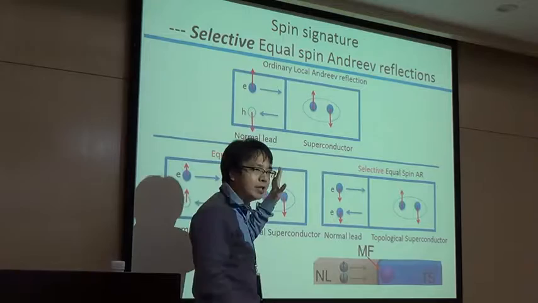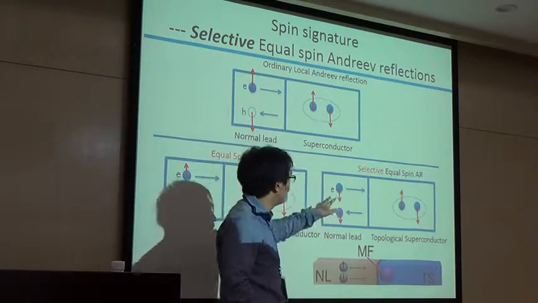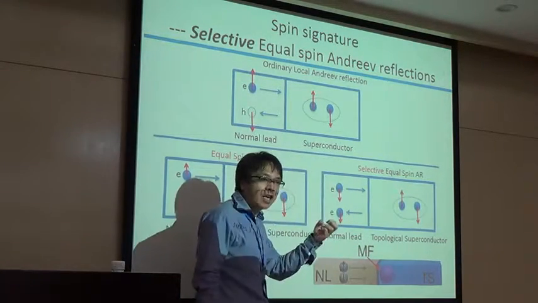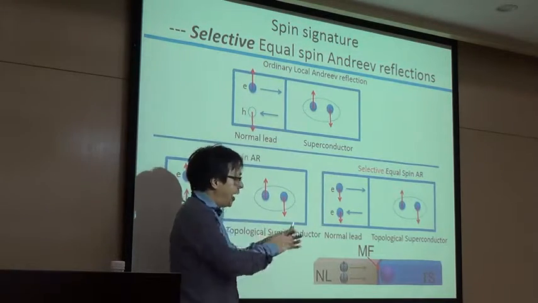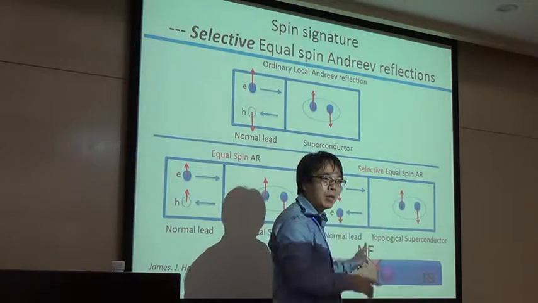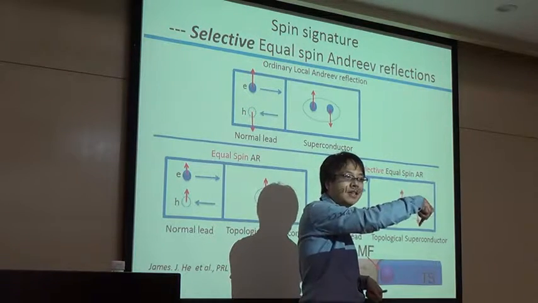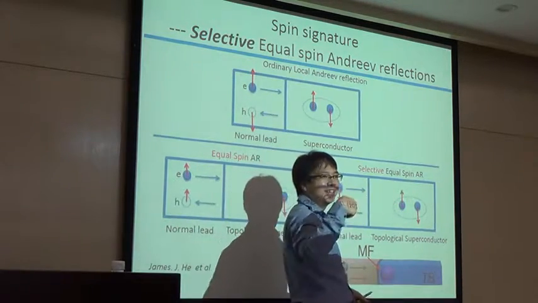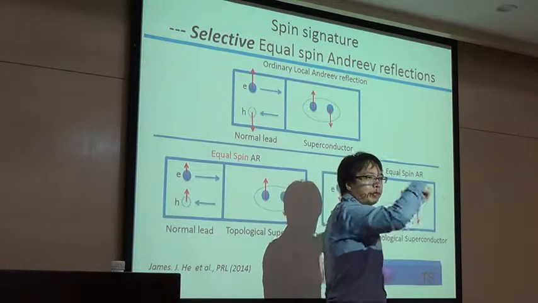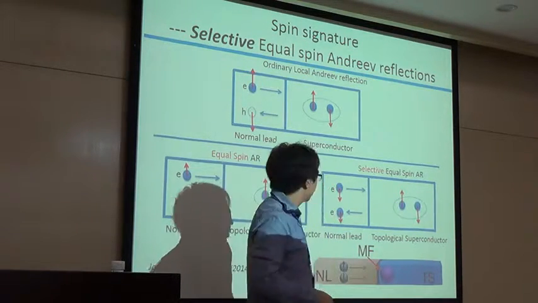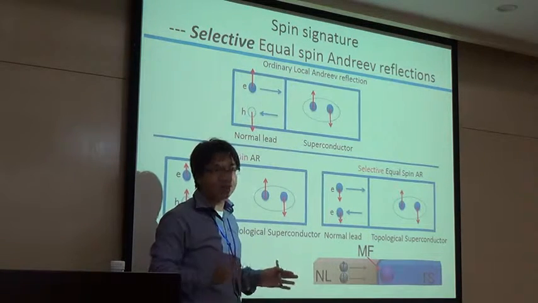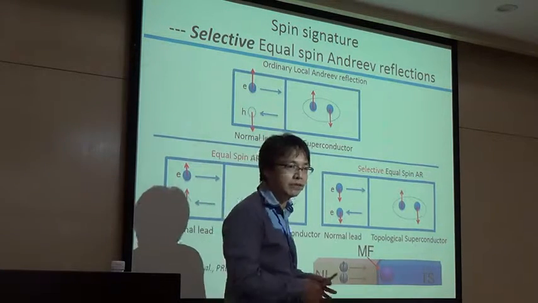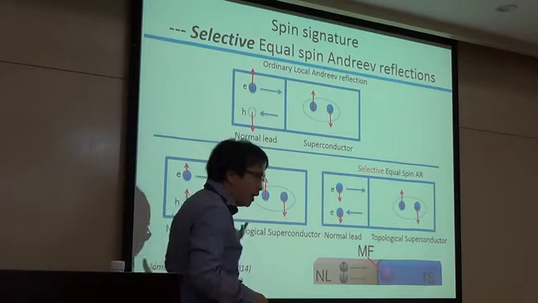It's more than just equal spin. We call it selective equal spin, because your Majorana will actually select. If I have spin-up electrons coming in, they can tunnel. But your Majorana will tell you, if you have spin-down electrons coming in, sorry, you cannot tunnel. You just bounce back, like hitting a wall. The spin-up electron will go through, and the spin-down electron will just get bounced back. This is a very special property of Majorana. We show it's due to the self-Hermitian property of the Majorana. So what does it mean?